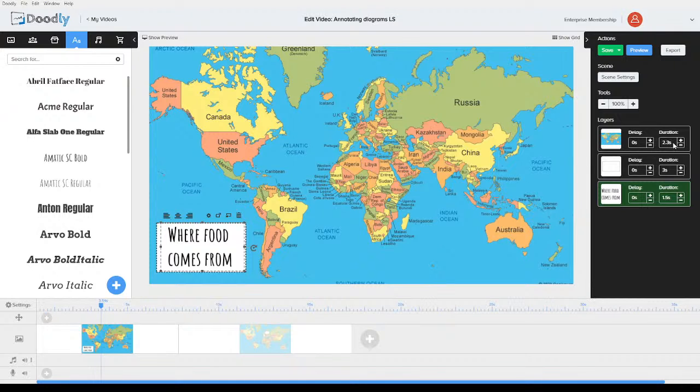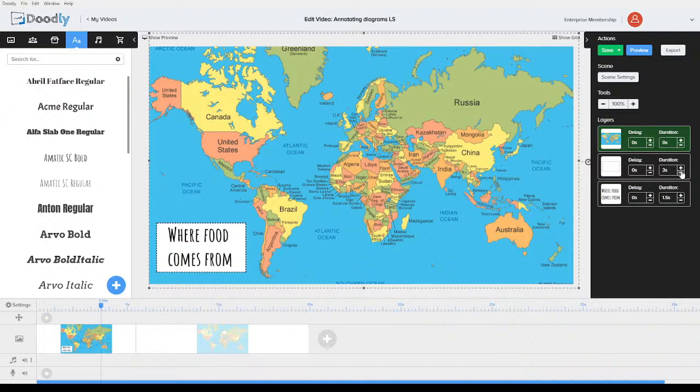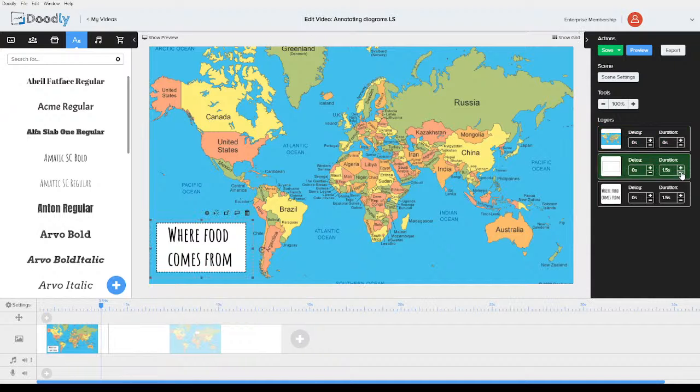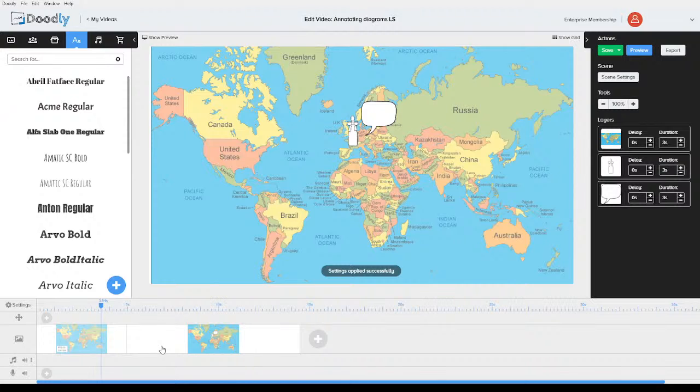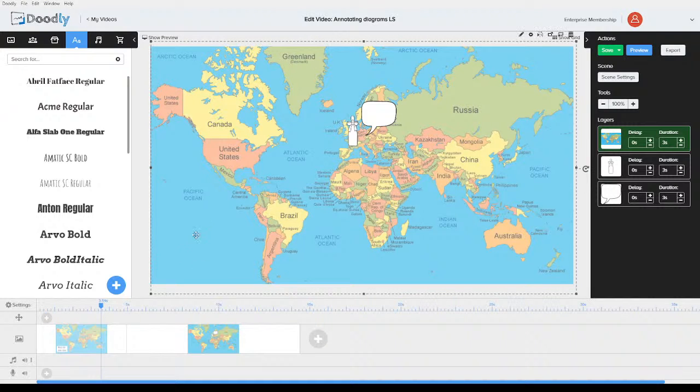Okay, so the map is going to be there already. I'm going to start with the map. We're going to draw that in, and we're going to wait 2 seconds so that people can read it. Then we're going to go on to our next slide. Now, our next slide, we're going to do some zooming in. See, this is what I wanted to do. There's Russ. So we're going to start here.